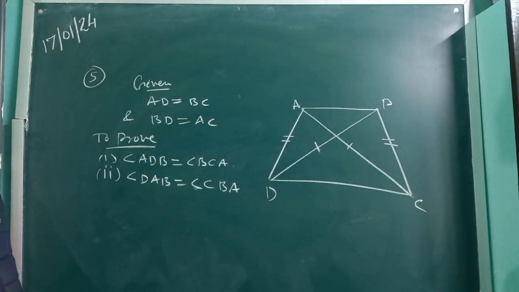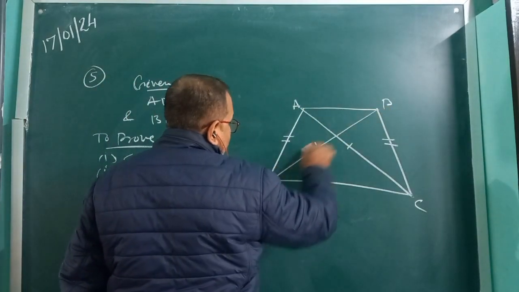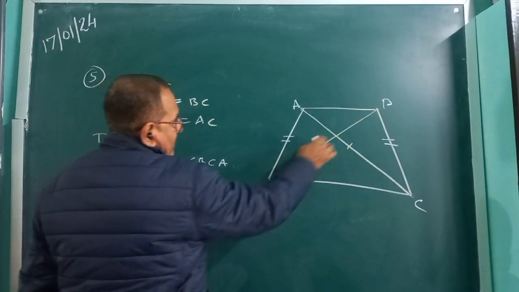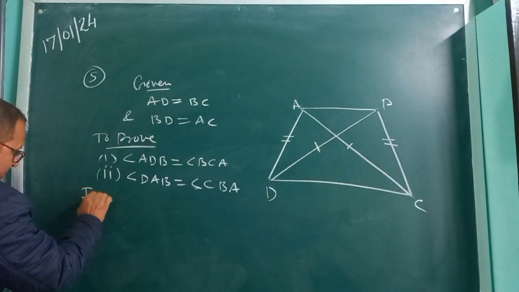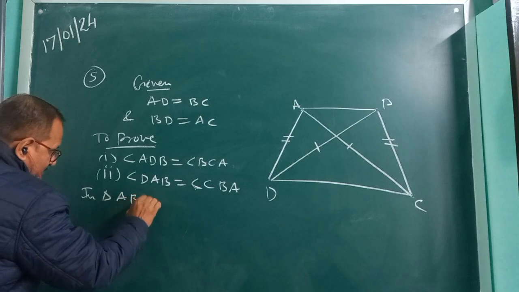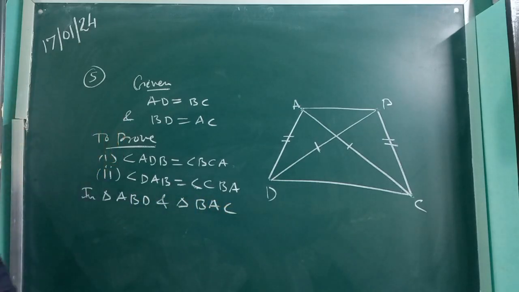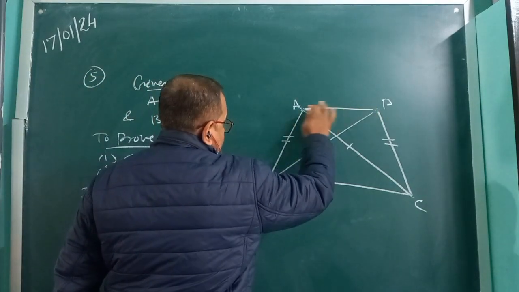So how we will prove it? Firstly we will prove two triangles congruent. Which two triangles we have to prove congruent? Triangle ABD and triangle BAC. So write, in triangle ABD and triangle BAC,